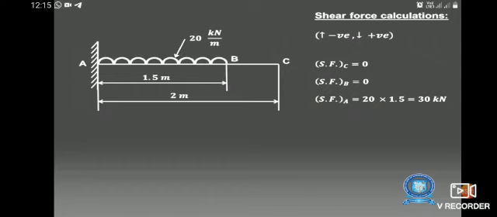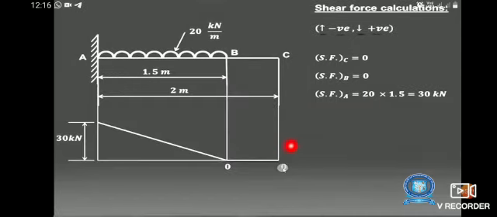Next we have to draw the shear force diagram. Listen, that is the shear force diagram. First point, shear force at C is 0. Shear force at B is also 0. Then shear force at A is 30 kilonewton, so you mention the 30 kilonewton. You can join the line B and A, so that a cross line will be formed. When the UDL load is applied on the beam, the shear force is a cross line.